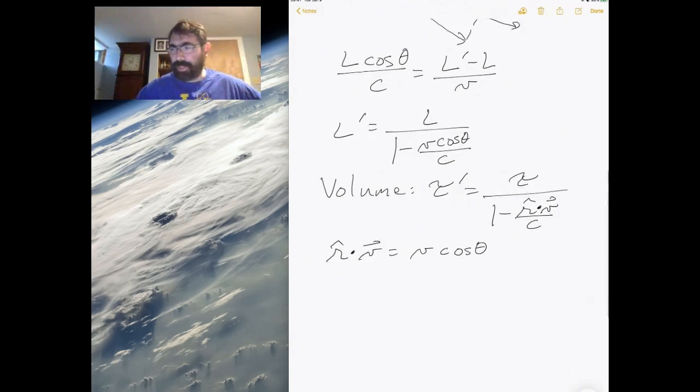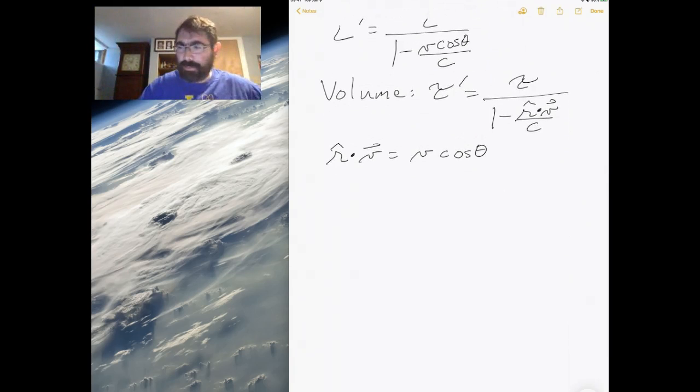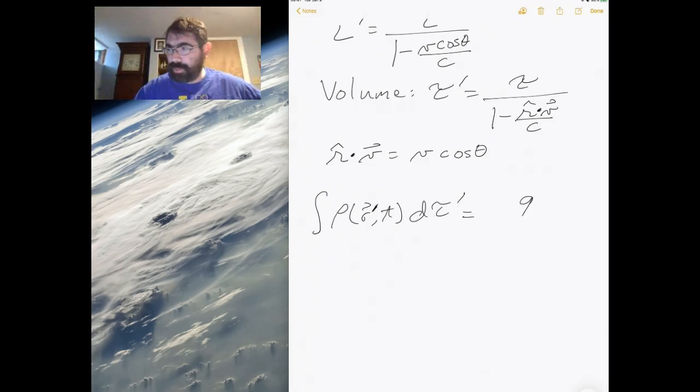And so now if I put that in, basically defining the charge distribution, so d tau prime, I get q, the charge, times 1 minus